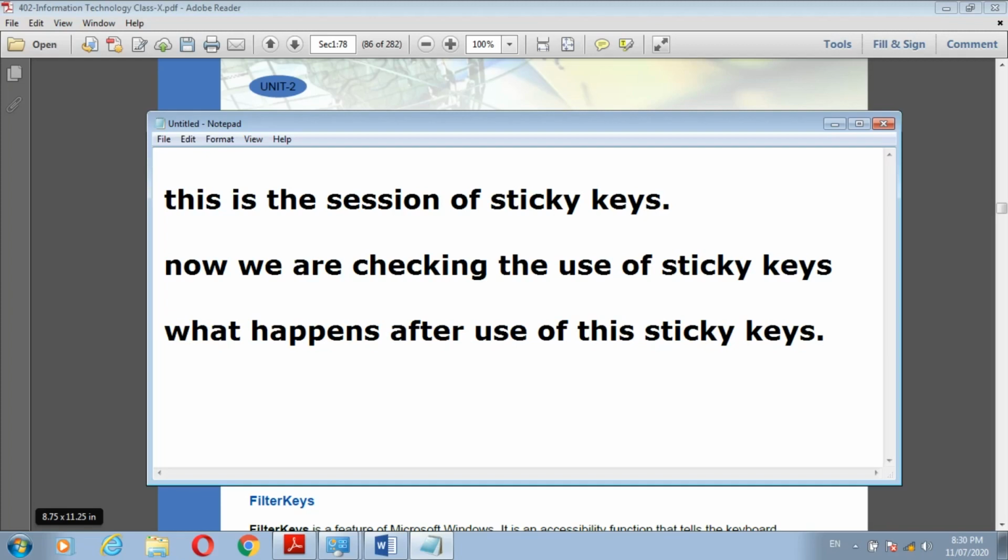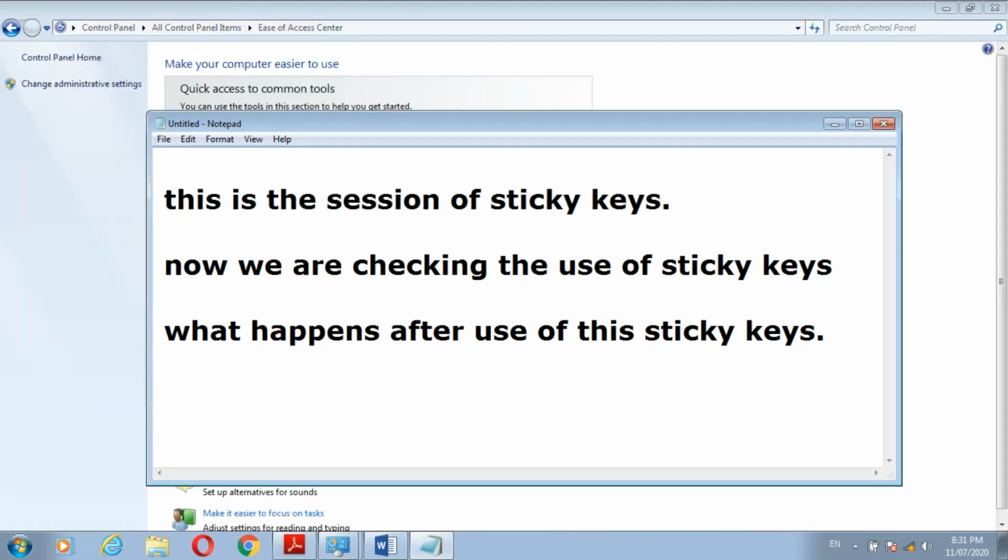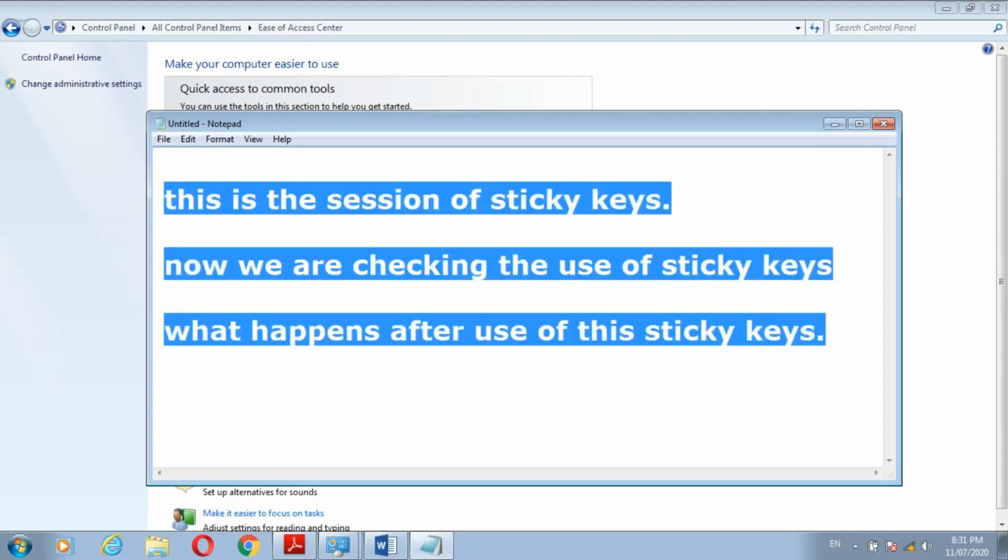Now how is the sticky key used? First I place my cursor on the beginning of this line. Now I press the control key first and then I press A. After pressing the control button and releasing the control button and pressing just A, the whole document is selected.